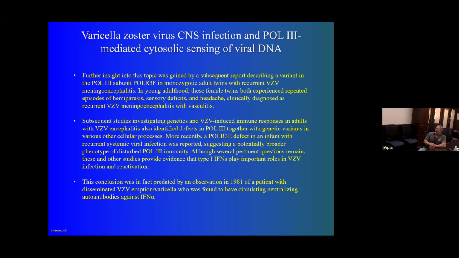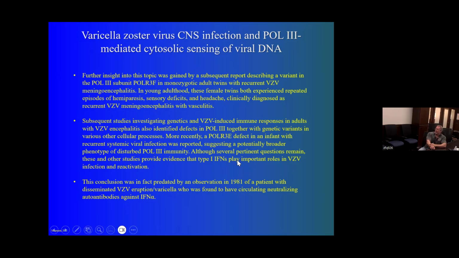And so some additional studies were done using some female twins that were identified that both had this same genetic defect, and they both were diagnosed as being consistently, concurrently infected with recurrent, continually, constantly being reinfected with varicella zoster virus. And again, this was tied back to these deficiencies that they had in the inability of their RNA polymerase 3 to be able to activate the AT-rich cytosolic signaling, which would lead to the production of interferon gamma.